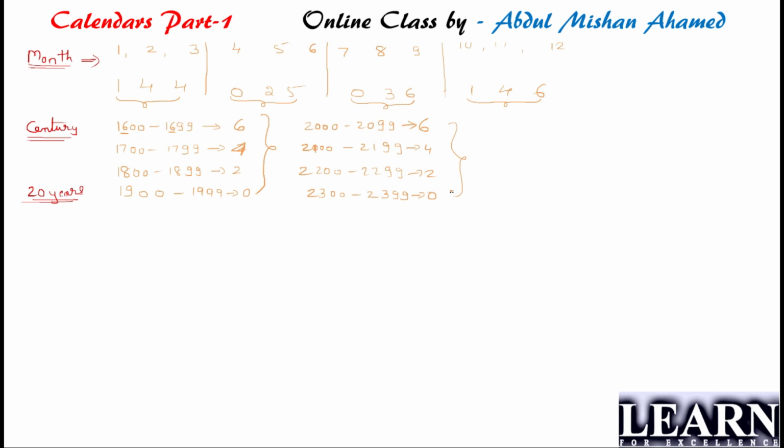Or in general, if you want to make it simple, just take the first 2 digits here. Look here, the first 2 digits. Any century hundred which is divisible by 4 has a 6. So 16, 20, 24, that is 1600, 2000, 2400 or 1200, all those years will have a century code of 6. Next 1700, 2100, 2500, that is 1 after the divisibility of 4, will have 4. 2 after the divisibility of 4 will have 2, and 3 after goes to 0.